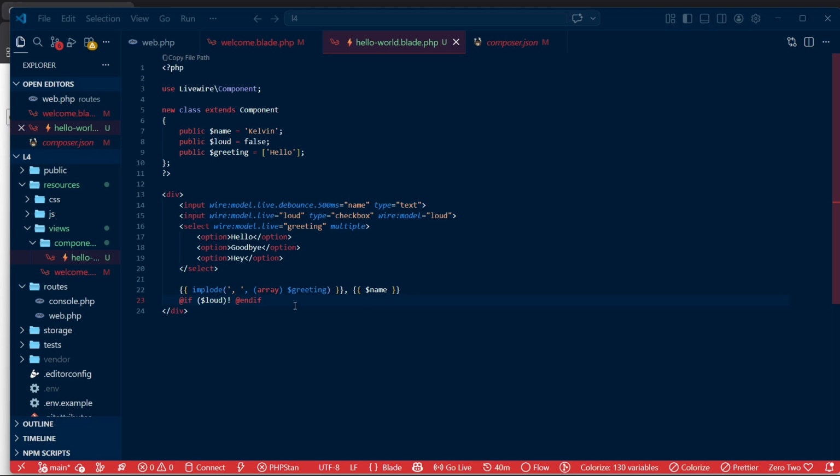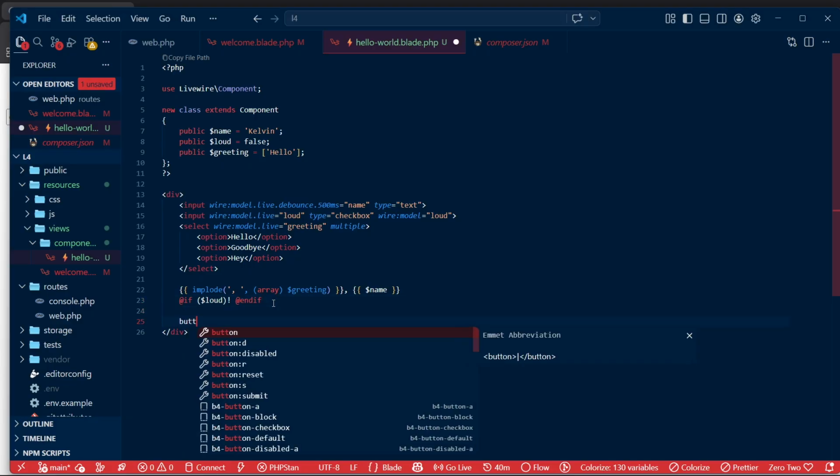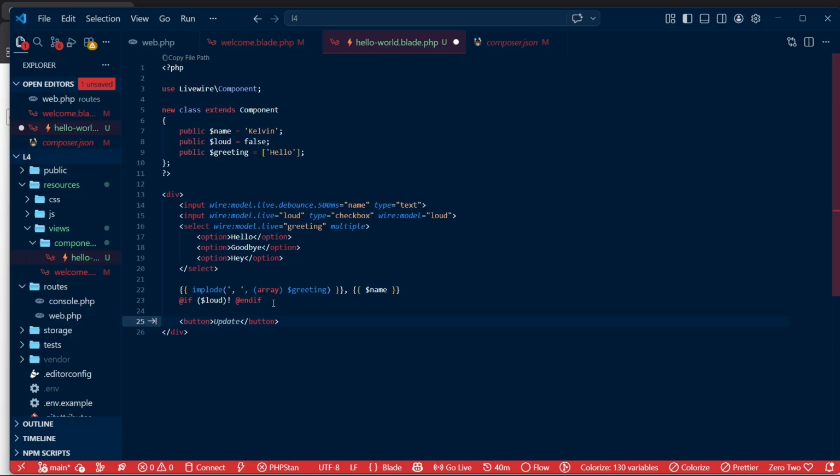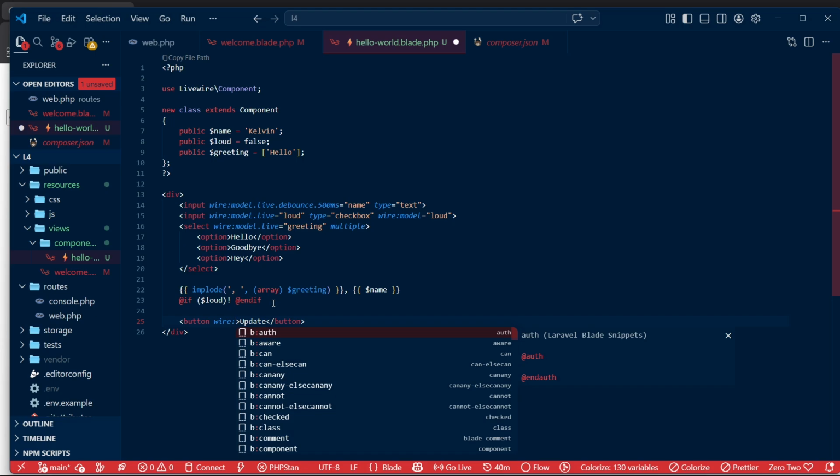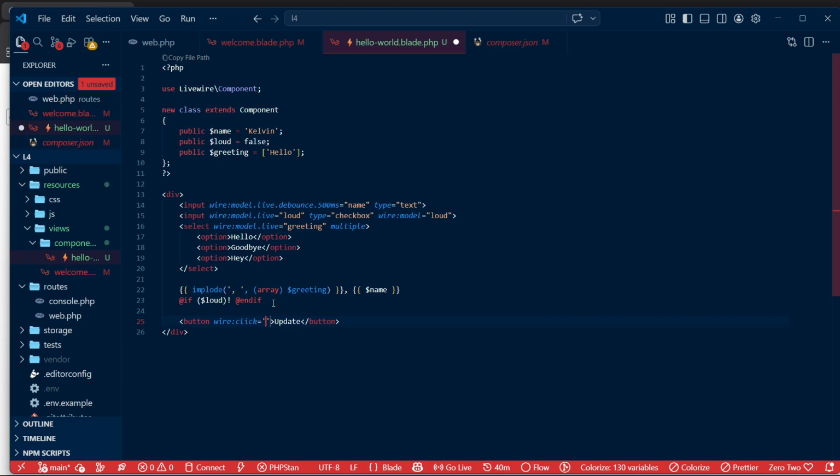Anyways, firing methods. We want to fire methods from the front end, right? So it can have a button. Let's see here. We can have a button here, right? And let's say call it updates. And for this method, we're going to use the wire click attribute, right? We want to say wire click. So when we wire click, we want you to